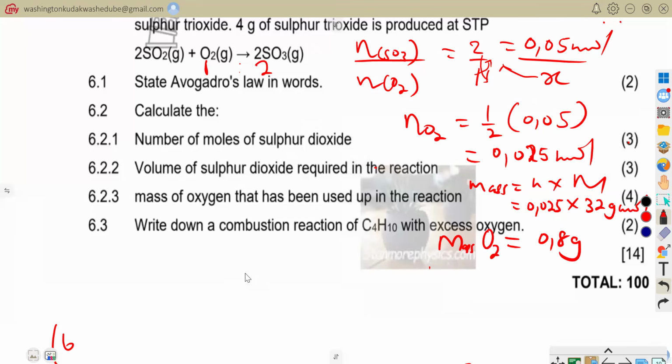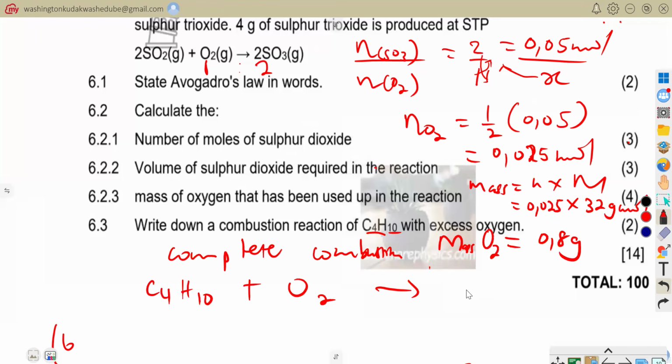So that was the mass of our oxygen gas. Write down a combustion reaction of C4H10 with excess oxygen. So with excess oxygen, there is going to be what we refer to as complete combustion. So complete combustion would be C4H10 plus our excess oxygen to form